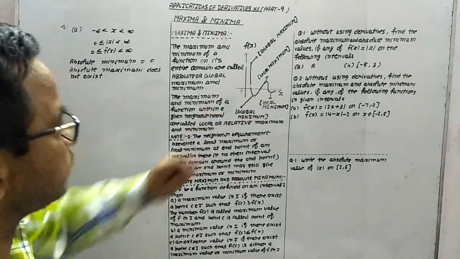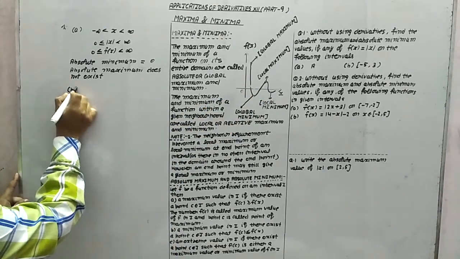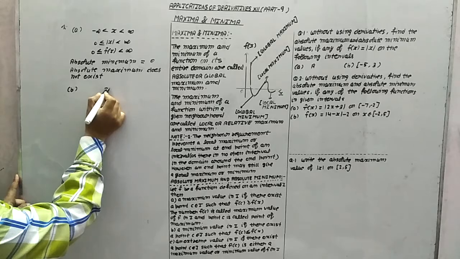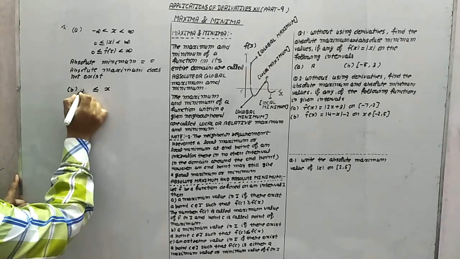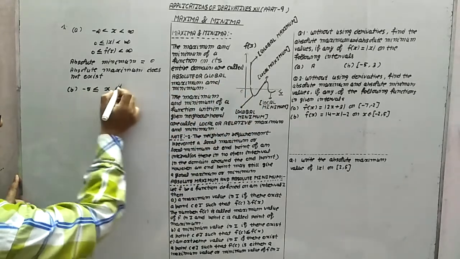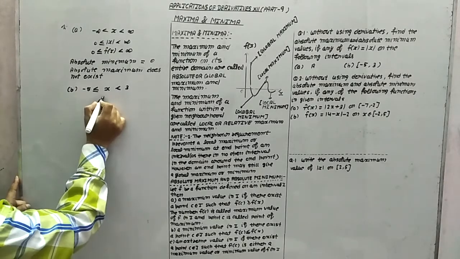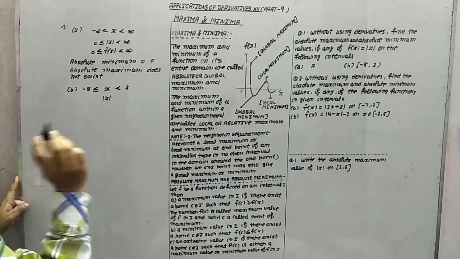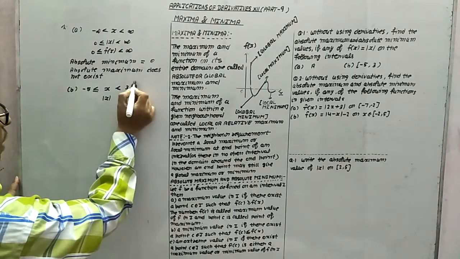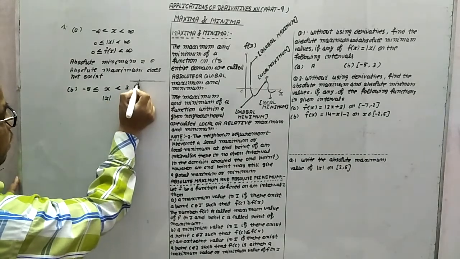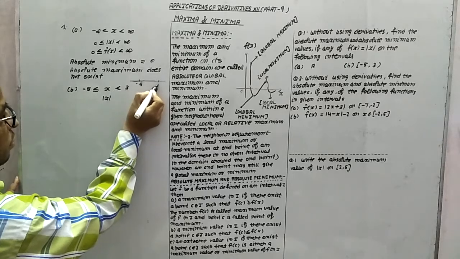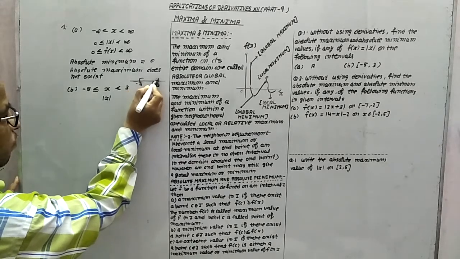Now look at this thing. Second part. To do this second part, we have x greater than and equal to minus 5 and less than 3. It is given. Now look at this thing. Modulus of x. अब देखिए modulus of x कैसे निकलता है. अगर हमने ये नंबर लाइन ली, this is minus 5, this is 3. Now minus 5 to 3.